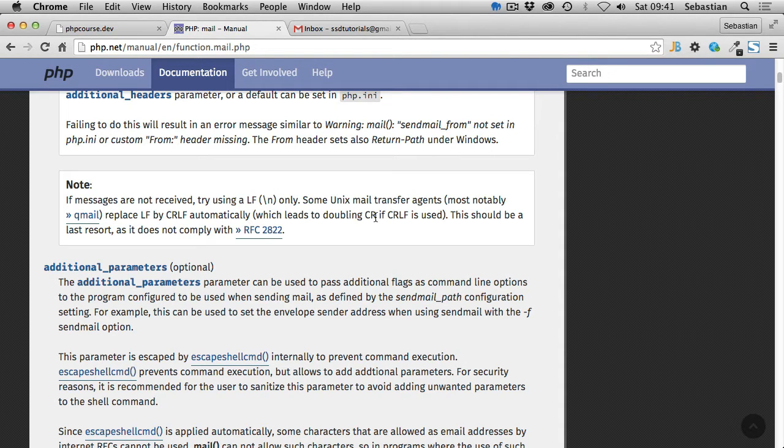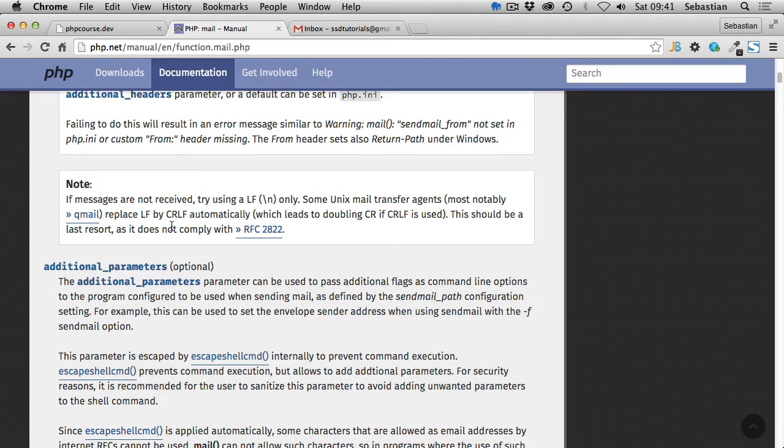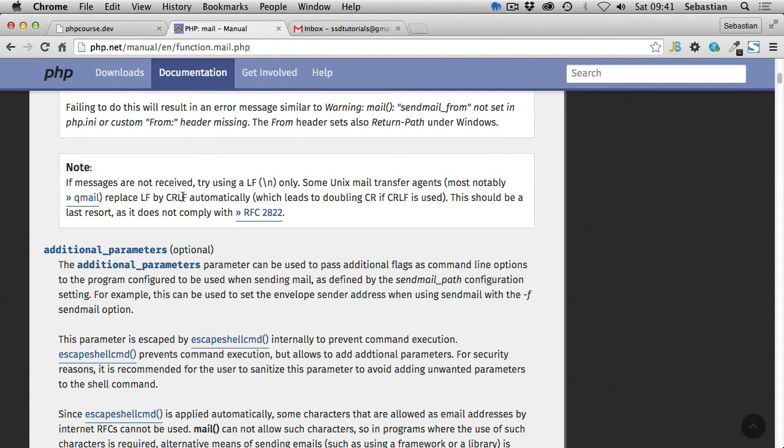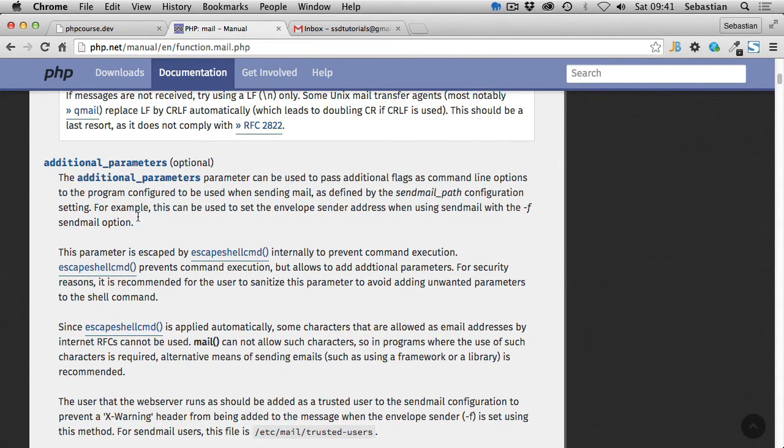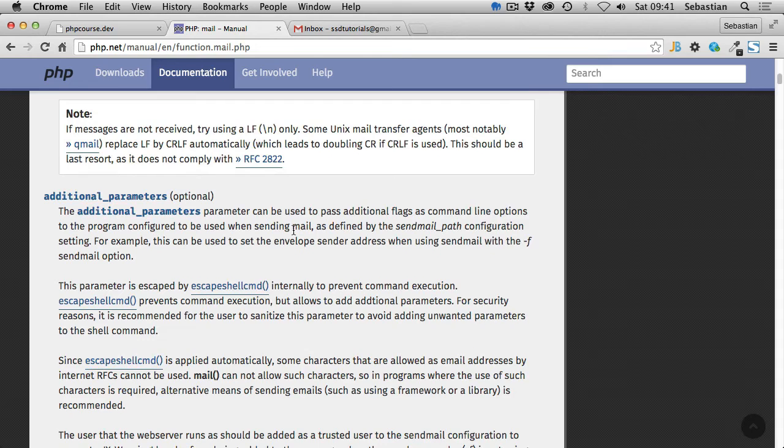which leads to doubling CR if CRLF is used. This should be a last resort, as it does not comply with this specific format. So we're not going to be worried about this because it's going to work just fine, as you will see in just a moment. Additional parameters, we can ignore this one because, as you can see, the additional parameters can be used to pass additional flags as command line options, and we're not playing with command line here, so we